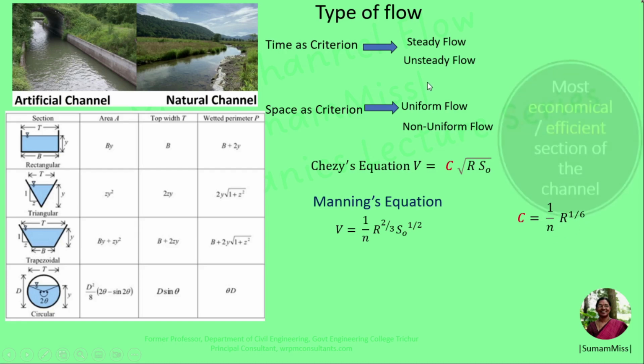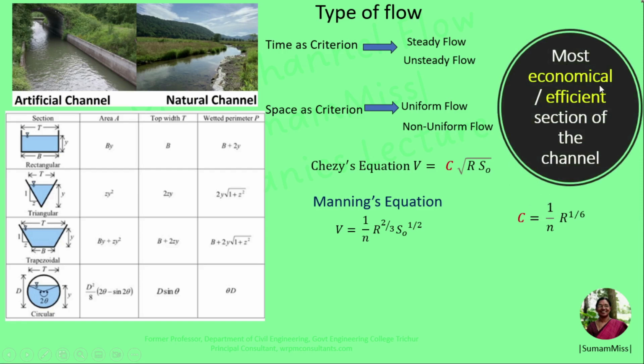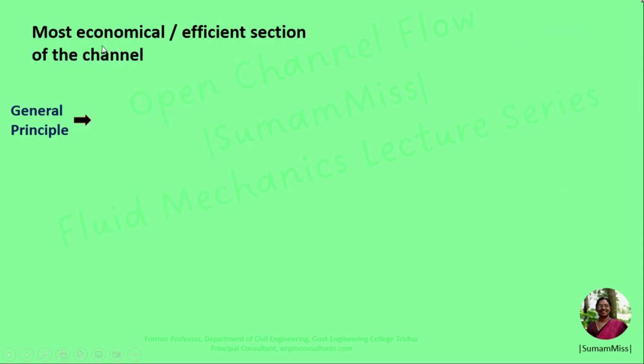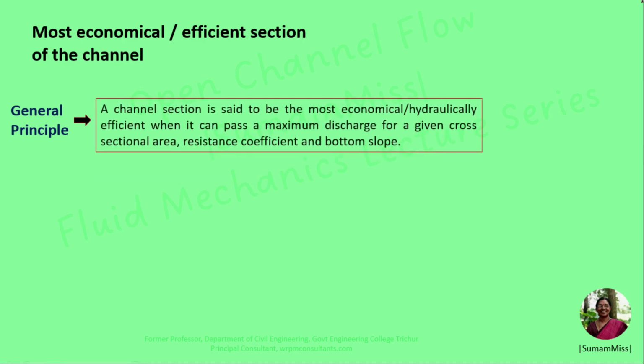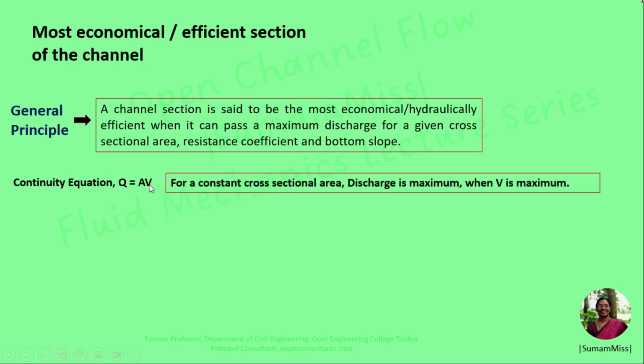The topic for today's discussion is the most economical or hydraulically efficient section of the channel. A channel section is said to be most economical or efficient when it can pass maximum discharge for a given cross-sectional area, roughness coefficient and bottom slope. So the discharge equation is Q equal to AV. For a given cross-sectional area of the channel, the discharge is maximum when V, that is flow velocity, is